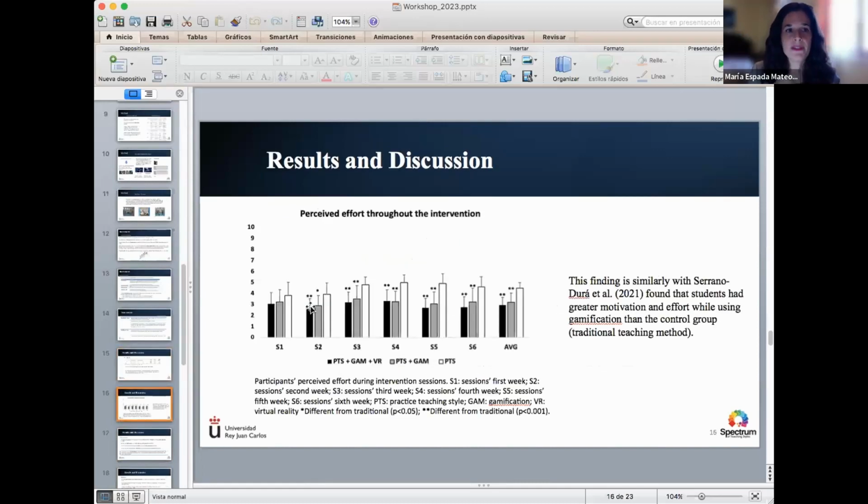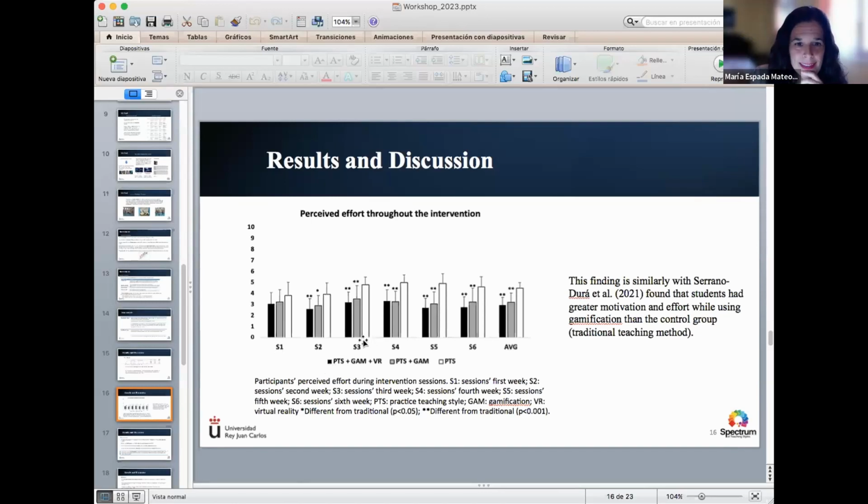And here we have the perceived effort. In this figure, you can see the mean of each week and the three groups. The black is the group in which we use the virtual reality plus gamification.